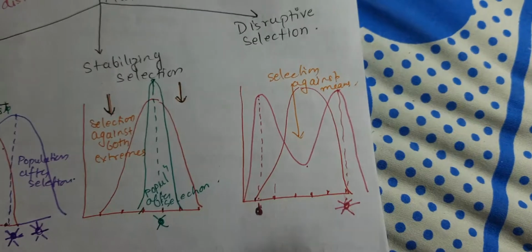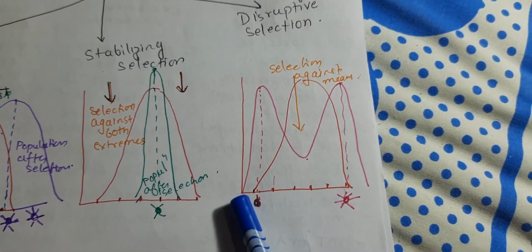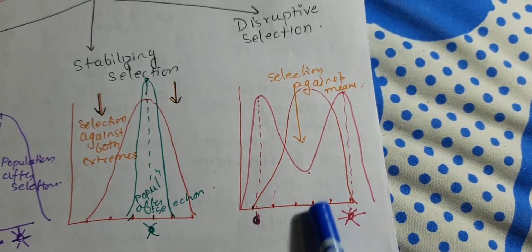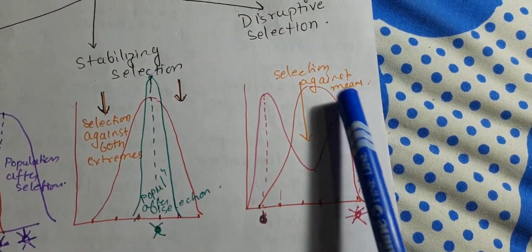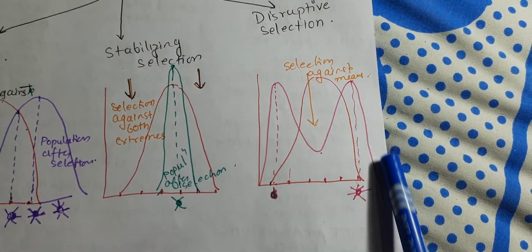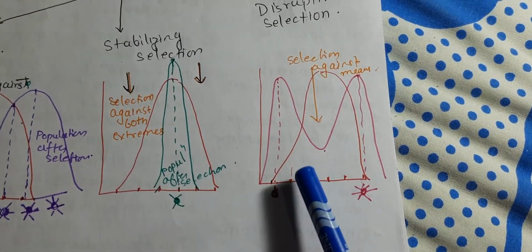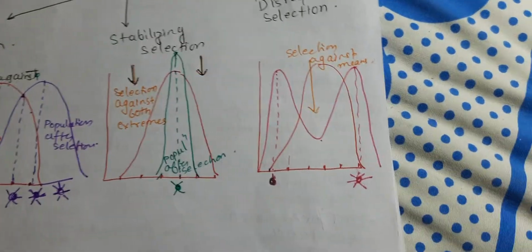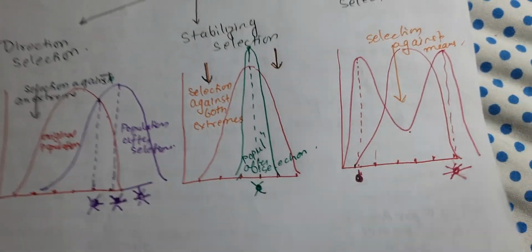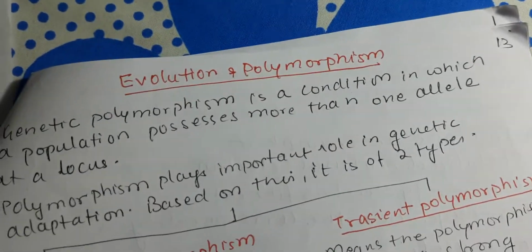of stabilizing selection. Now disruptive selection, extremes are favored, either those without fur are favored because of some reason, or those with more fur are favored. So the peak will be here. Okay, and then they decline because the population has to stabilize at some point. So the average, whatever are the average for the population, they are not surviving. So this helps you to identify, or study, the three different selections in the form of